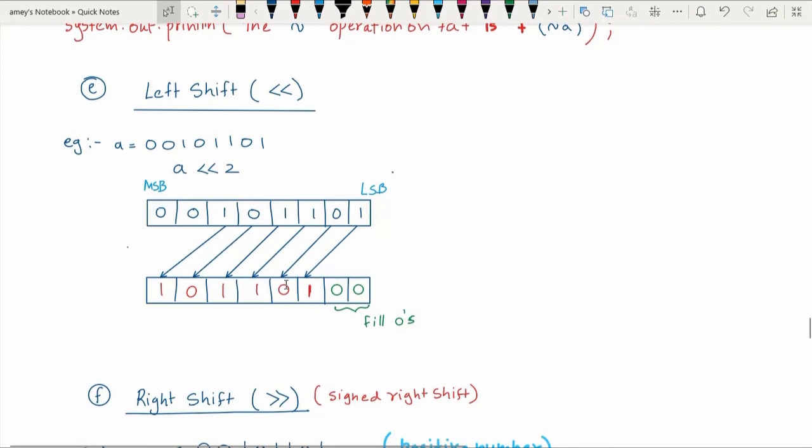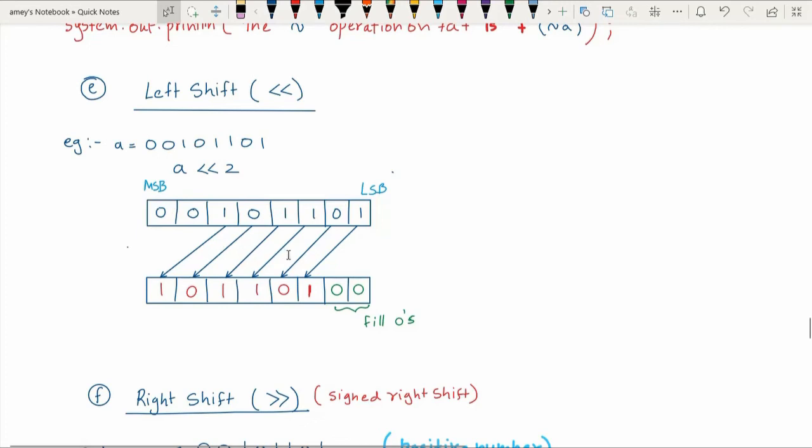So 0 will be written here. Similarly, this 1 will be shifted 2 bits to the left, 1, 2, third here. 1 will be shifted 2 bits, 1, 2, 3 here. 0 will be shifted 2 bits here. 1 will be shifted 2 bits to the left, that is here. Now notice that this 0 and 0 that remain have no scope for being added because your bound is over. So in left shift, the most significant bits are lost.